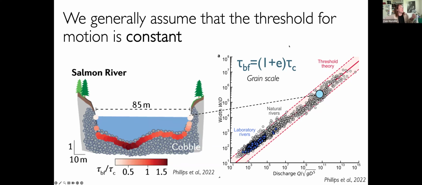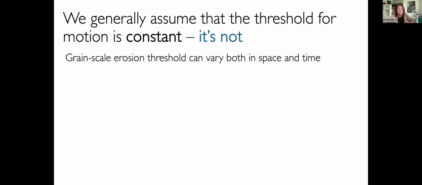We generally assume here, when we think about this threshold underpinning our width-discharge scaling, that our threshold for motion is constant. This is a fairly common assumption across fluvial geomorphology, both when we think about sediment transport models, but also morphodynamic models. We generally assume this, but multiple studies have